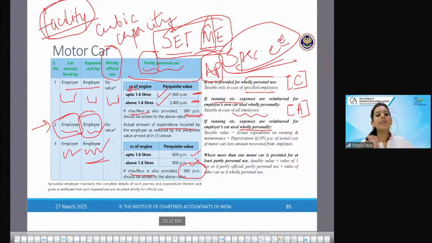So they are saying that if I allow you to use the car, then it's actually depreciation which I should recover from you. Let that be 10% of actual cost. And if I am also giving you running expenses, then it should be the cost of the running expenses that I'm giving you. These two are your benefits, and if I've recovered anything back from you, then I reduce it. That is applicable in all cases. For all perquisites, if you recover anything back from the employee, you reduce it. Okay. But where more than one